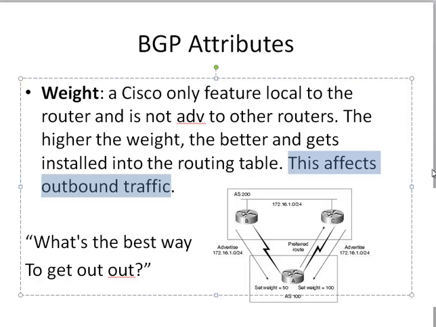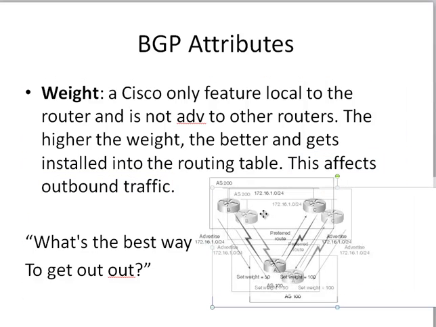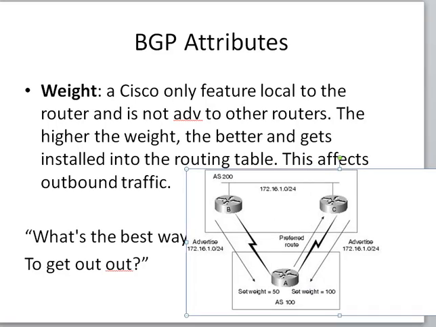But if we take a few minutes to think about this, if I look at my diagram down here, I'll paint this a little bigger so you guys can see it better. I've got routers A, B, C. Routers B and C up here are in Autonomous System 200, which by the way is a real autonomous system number. If you want to lab this up, you really could. Then down here we have router A, by himself in Autonomous System 100. So AS200 is telling me that he owns the 172.16.10.24 network, and being that these two routers know this network,